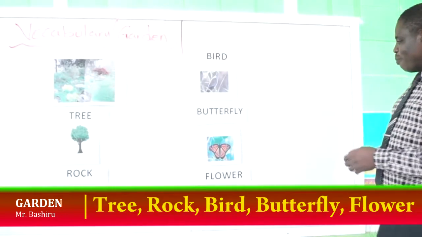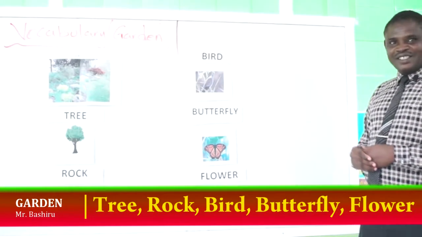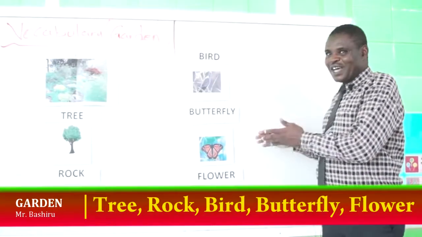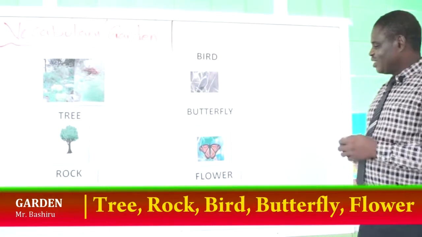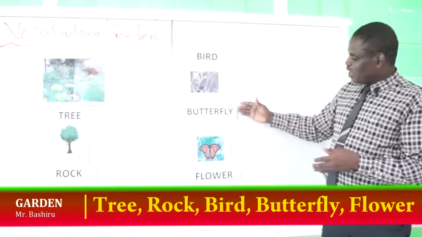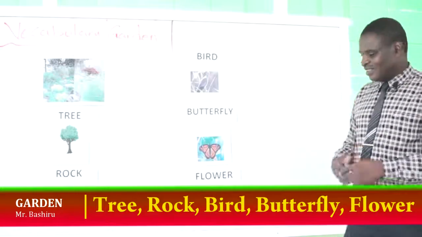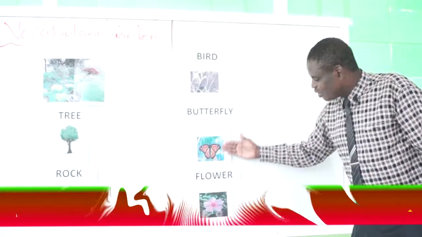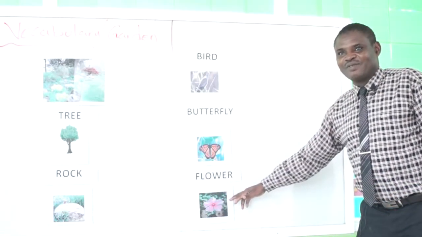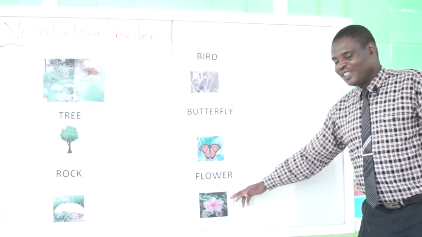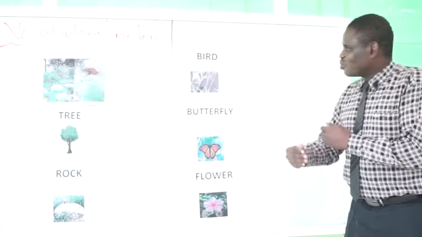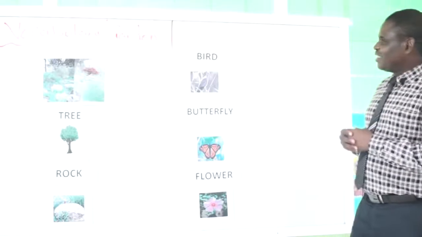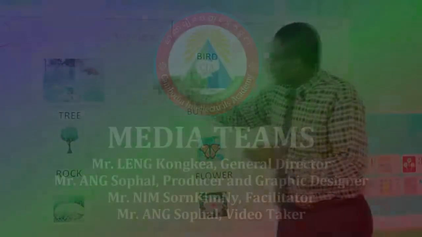When we talk of butterfly, you cannot take butterfly away from flowers. So we also look at it this way. We have butterfly. The butterfly is on the flower. So if we are going to follow our vocabulary, it means this can help us to